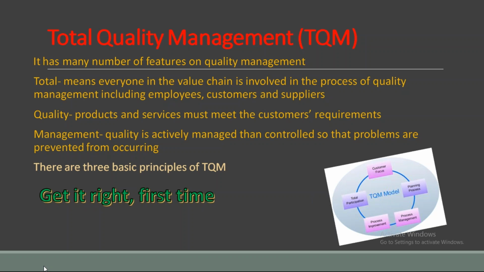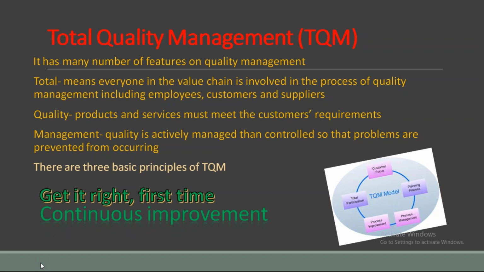Get it right first time. The idea is you don't wait till everything is done and then find, oh my God, this is wrongly done, and again we have to go and redo it. No, no, no. From the very first moment we do it, so get it right first time. Second one,